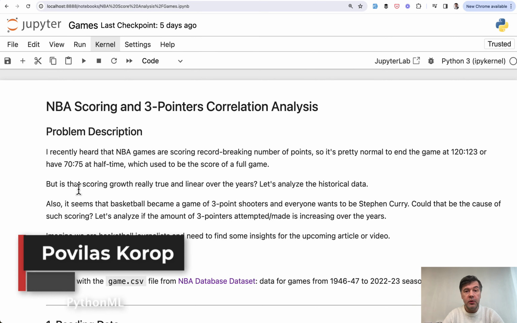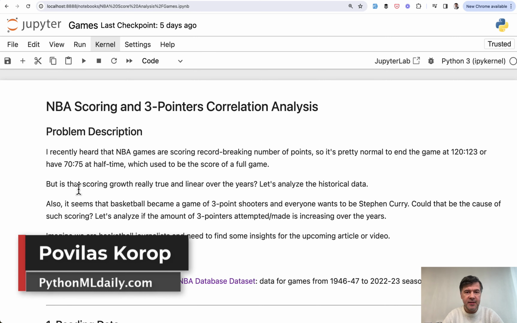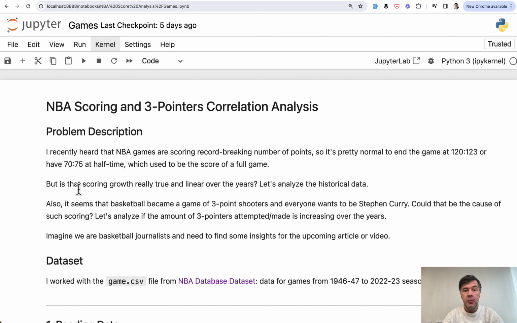Hello guys, today we'll perform exploratory data analysis with Python and Pandas based on a very interesting topic personally to me. And this is tip number 1. You can create your portfolio projects or any public projects based not on someone else's idea, but on something that personally interests you. So I'm a basketball fan personally, and recently I caught myself questioning about scoring in the NBA